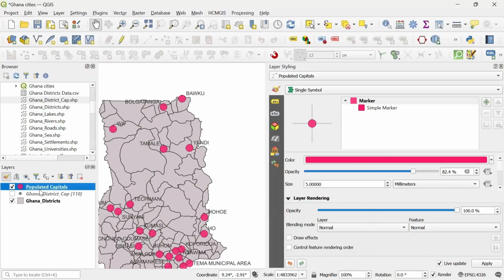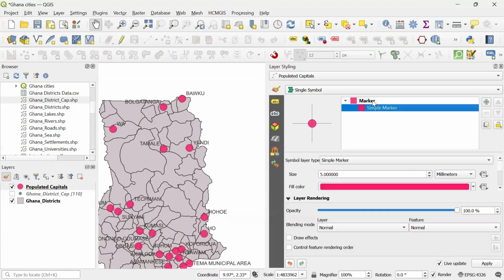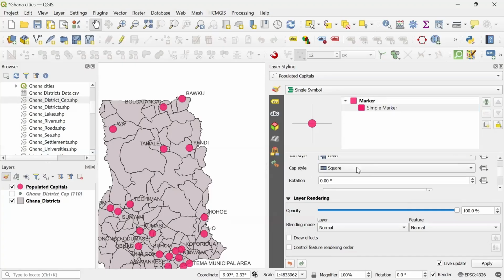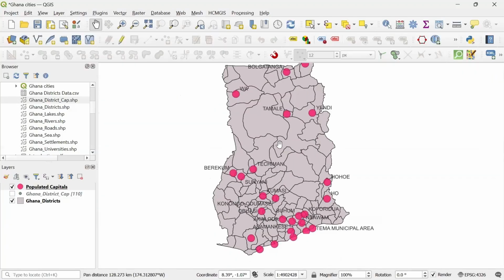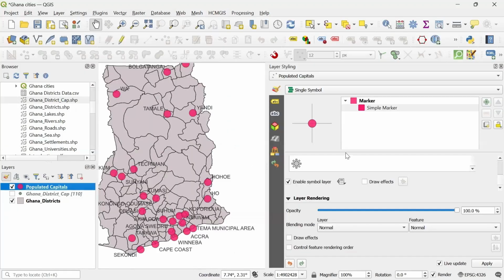Now, in order to do that, realize that for now, what we have here inside the cities is the marker, the simple marker. As I told you, when you come down here, you can change the size and other features that we will talk about later. But for now, let's just deal with this one. To take it for the last time, I'm going to open the layers panel to style this. Select the populated capitals, then click and open the layer styling here. Okay, make sure it's on